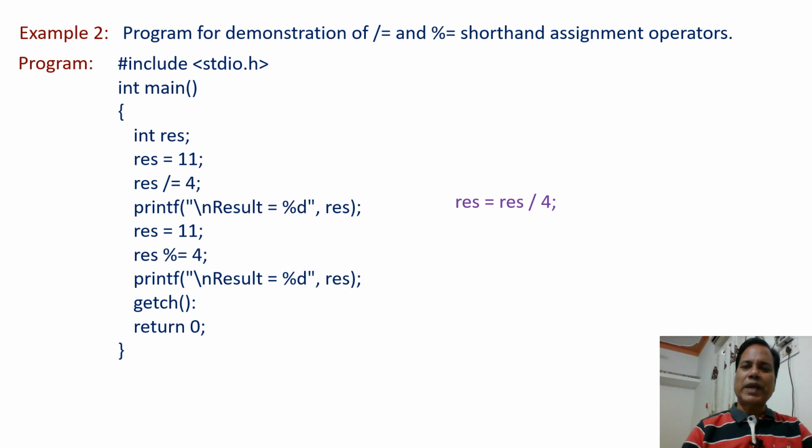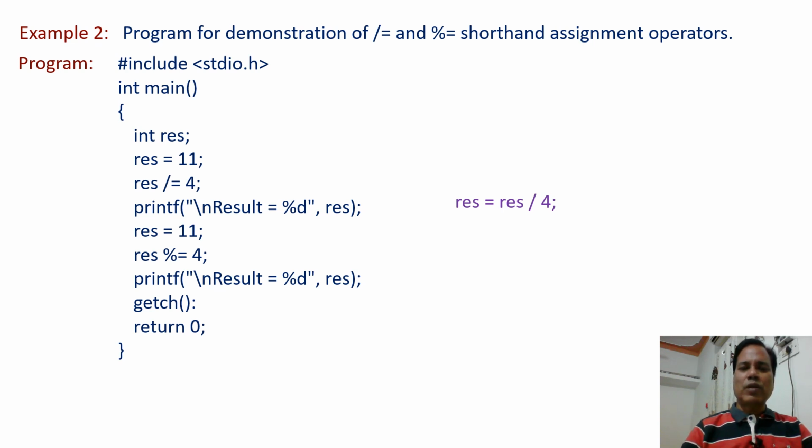So 2 is assigned to the left side variable race, and that is printed using the next printf statement. So result equals 2. Again we are assigning the value 11 to race,